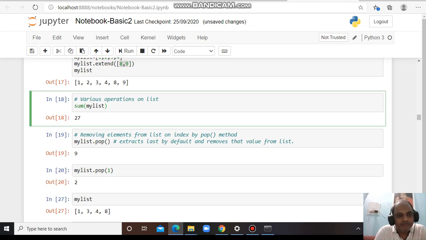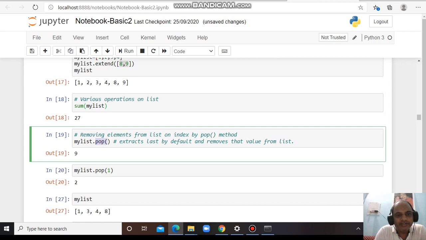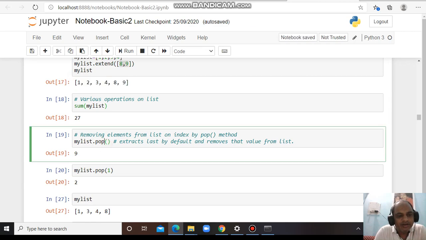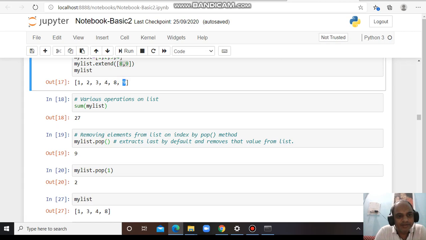And pop is for removing an element. By default it will remove the last value from the list. For example, my list contains 1 2 3 4 8 9, and if I use the pop command, it will give as result the last element only, the 9.